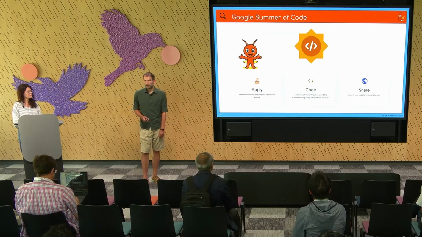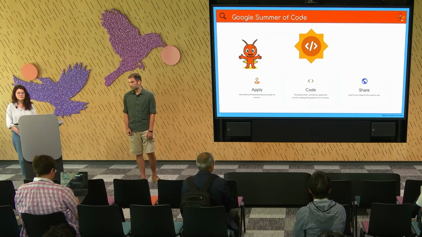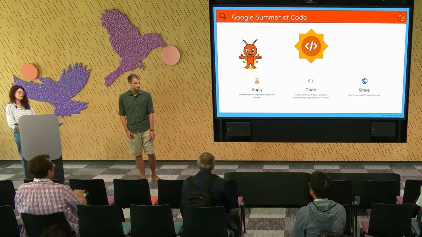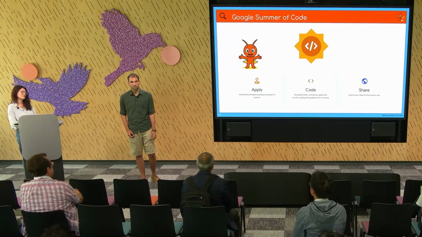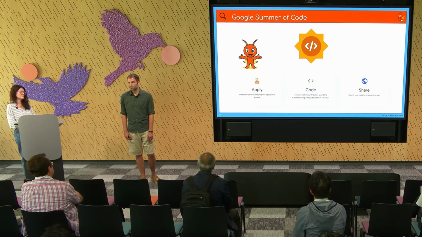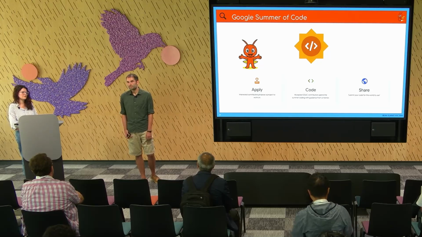The last thing I'll call out and really just emphasize before I pass it back to Jana is that Google Summer of Code is a really great entry point. I've gotten to be a mentor for Google Summer of Code the last couple of years, and I think it's one of the best ways I've seen for people to get involved with open source in general.